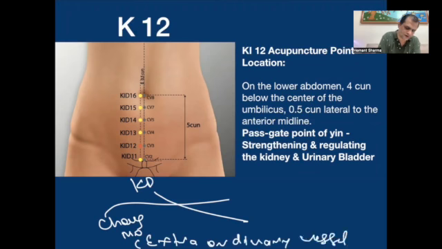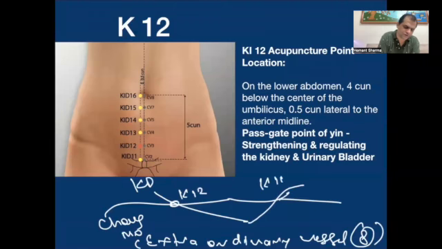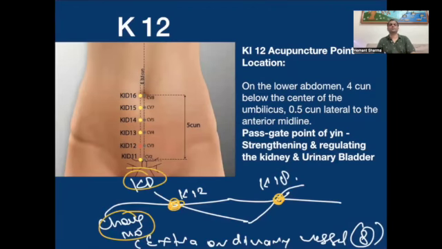हमारे शरीर में कुल 8 ही extraordinary vessels होती हैं बस. And this is Kidney 12, and we see Kidney 18 also. So when we are massaging Kidney 12 or Kidney 18, we are improving the Chongmo, we are improving the kidney, we are improving both. हम दोनों को improve कर रहे हैं. So number one, I would like to tell you,